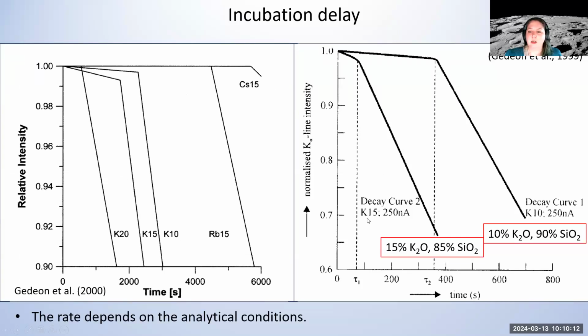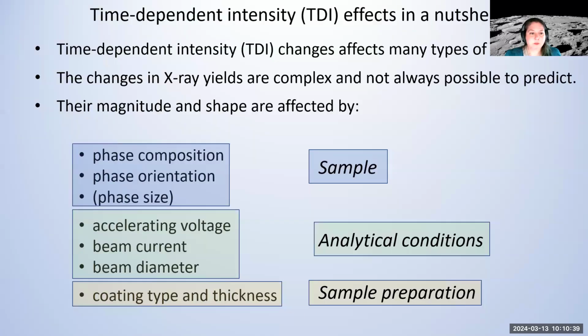And not only the absolute concentration, but also which specific element. So not all alkalis have the same effect in this sense. What you take from that is that, depending on the material composition, we can also have an effect. So it's not only the analytical conditions, it's also the material composition that creates a problem here. Overall, the changes in X-ray yields are complex